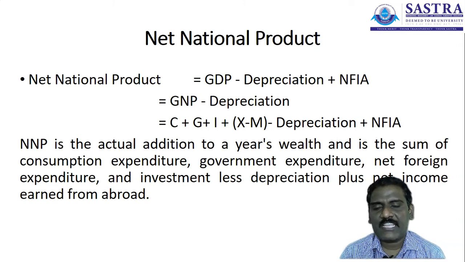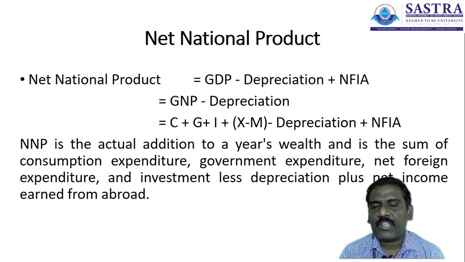It means we are expanding this particular formula. We can get the capital expenditure included in this, and we can allow the depreciation for the calculation. So it is calculated on the basis of consumption expenditure, government expenditure, investment expenditure plus export minus import minus the depreciation or depreciation allowances or capital consumption allowances plus net factor income from abroad. On that basis, we are calculating the net national product.